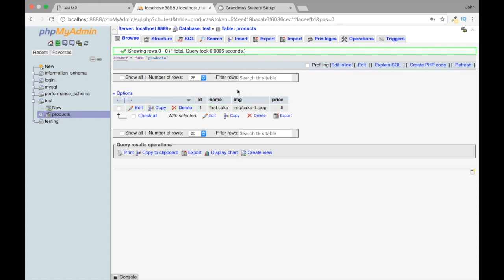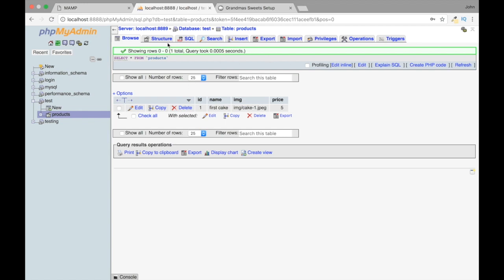Then this would be the name, the image over here, and the price. And obviously, as we're going to be updating the table, the ID is going to be auto incrementing. And then we're going to be adding the rest of the values. So like I said, this was a test database that we were just showing how we can create a table and populate the table. So let's go ahead and actually import the table that we're going to be using